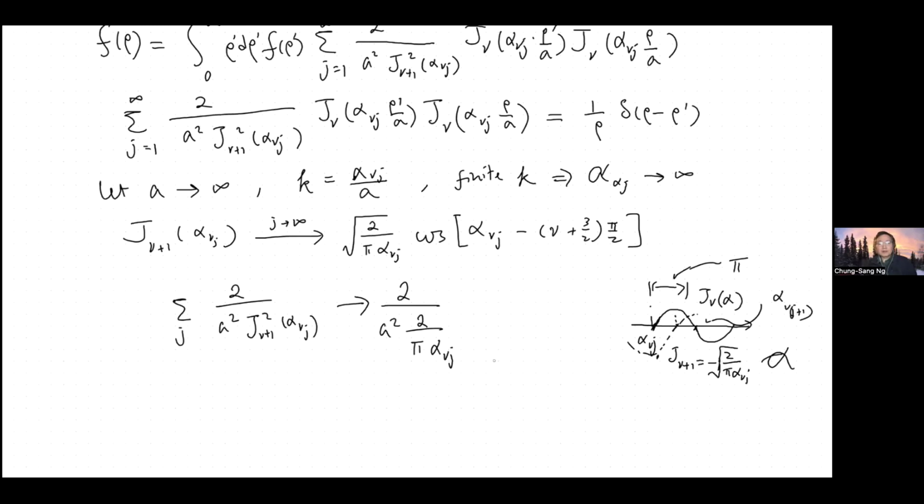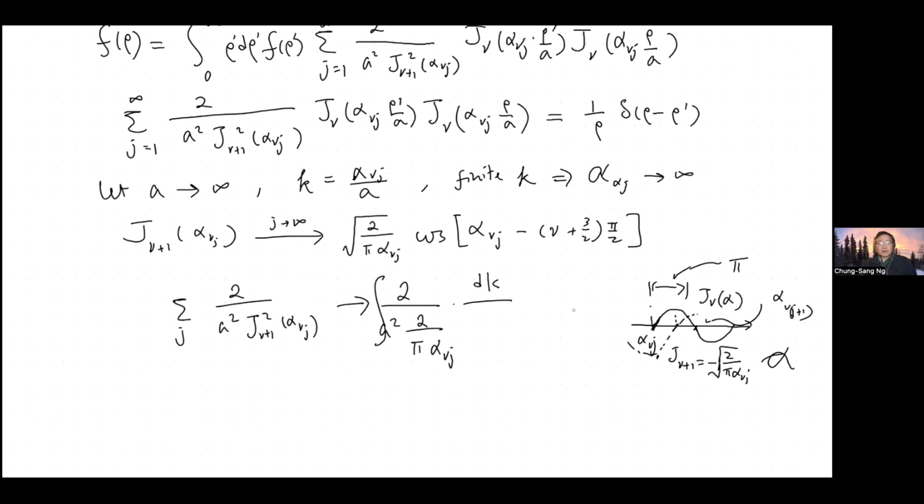And that is this value, and then j is, there's a j, delta j is equal to 1. So this summation becomes an integration, and the integration is over dk, but you need to make this increase by 1, and